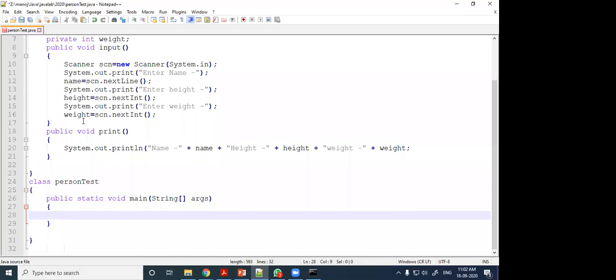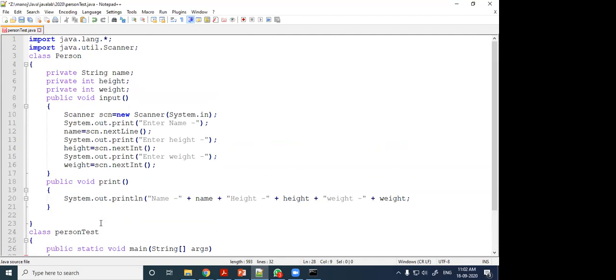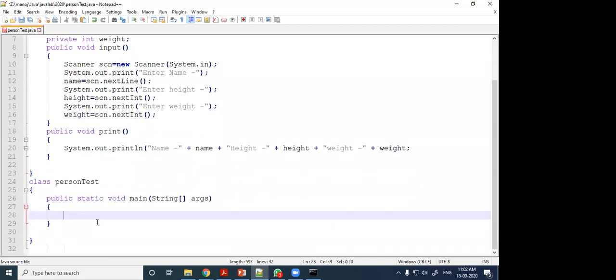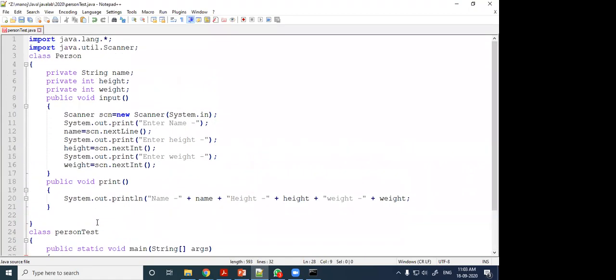Now in another class, person test, I will create the object of this person. How to create it? The class name is person.